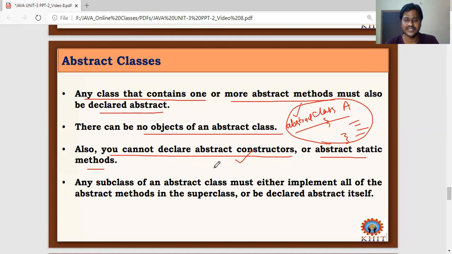An abstract class may contain abstract methods or public methods or static methods, and constructors and everything, but a method that is not fully defined is called an abstract method. Okay.